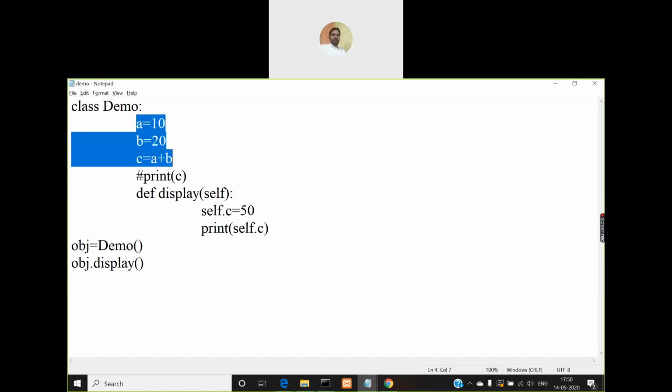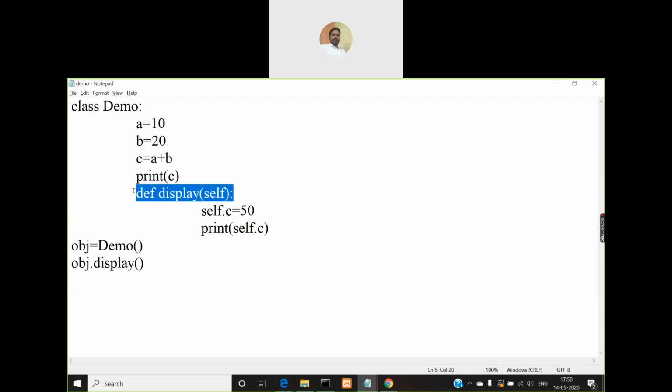And I put this comment. Let us remove it now. And we are defining one method, the display method. It doesn't have any parameters. What I am doing in this method is using the statement self.c and assigning the value 50 to that self.c. So when I print the value of c, simply c,